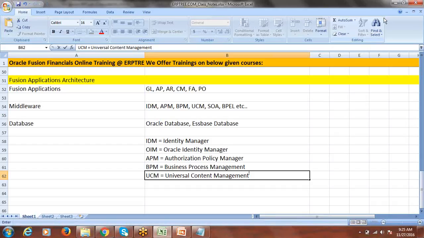What you can do is, when you are using this application for any data uploads, or if you want to load the data, import the data, or export the data from the Fusion applications, in those scenarios you can use the UCM for the imports and exports. But anyway, when you deal with the data conversion concept,